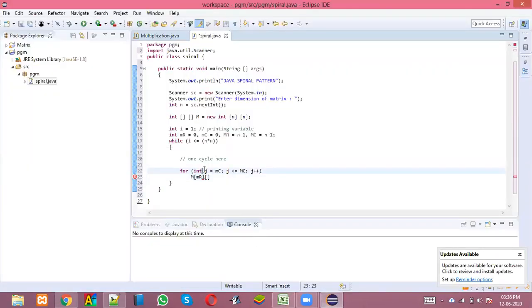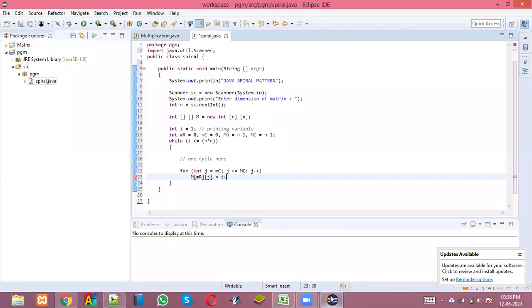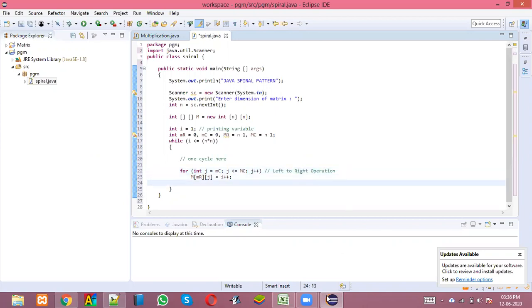Column number is what is represented by j. So M of MR, j is going to be I plus plus. See what I told you? Wherever we come, do I plus plus. That's it. If I write I plus plus, it first writes the current value of I, and then it increments it. So this is the left to right operation. Okay. Next, what will we do?